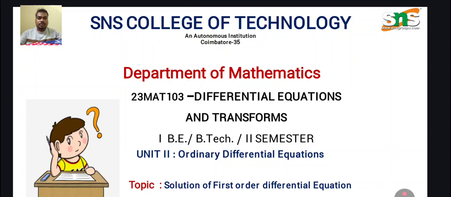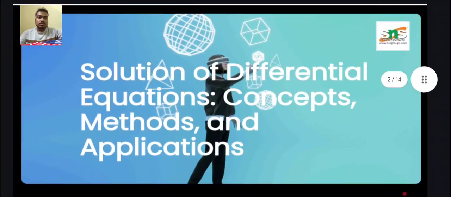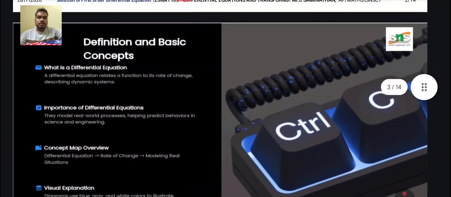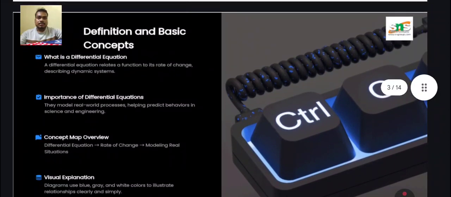Today we are going to start a session on the topic of solution of first order differential equation in ordinary differential equation. Here we are going to discuss the solution of differential equation: basic concepts, methods and applications. Let us see the concepts one by one. First, the definition and basic concepts. What is a differential equation? A differential equation is a rate of change